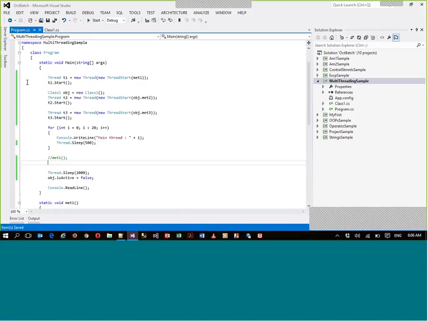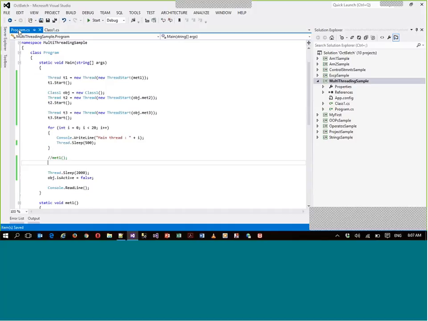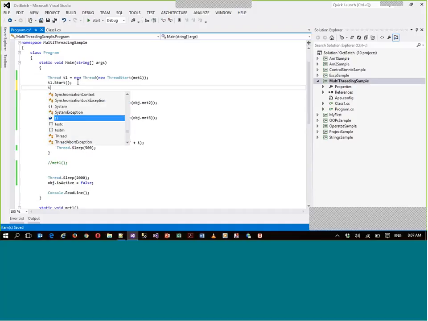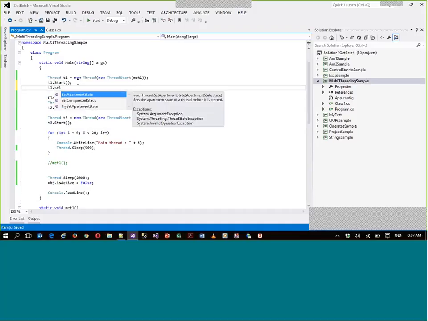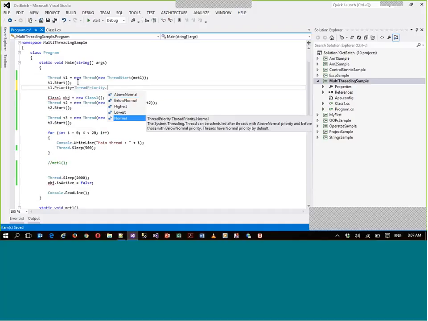And now, sometimes you may get a situation where, among all these threads, I don't know which thread is running where, and which thread is running on priority. So for that we have a few priorities which are important, which you can assign to any thread. Let's say for example the T1 thread, I want to set priority. I have these types of priorities. I have above normal. By default, you can see normal is the one which is the default